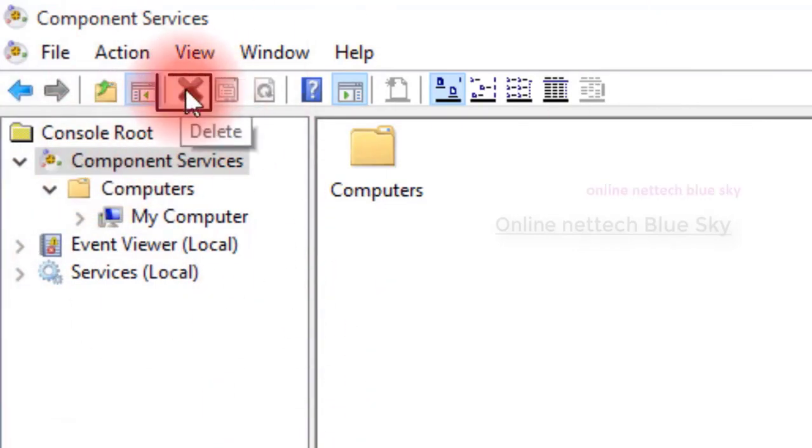component services. You may delete some files and folders, but in component services you cannot change things, because by default the operating system properties do not give an option for permission for deleting. And you can see different types of options here. First we will discuss why we work in component services.